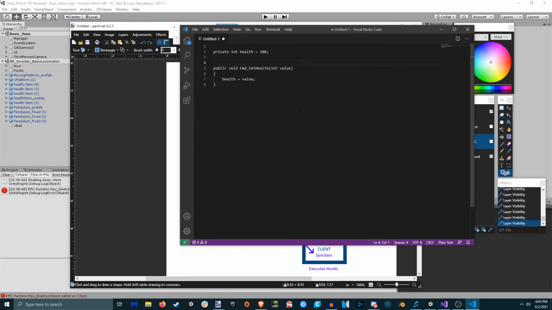Now you'll notice this actually hasn't been specified as a command function. So in order to do that, I just say Command. So now this function will only execute on the server. So if I was to have a client try to call this, you would get a warning message that would pop up. So then I could say, all right, let's make a public